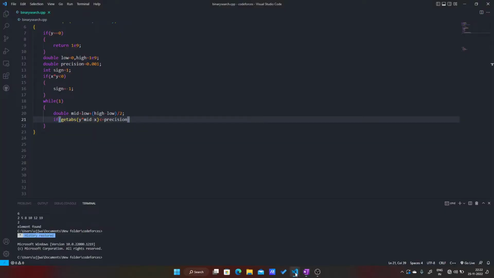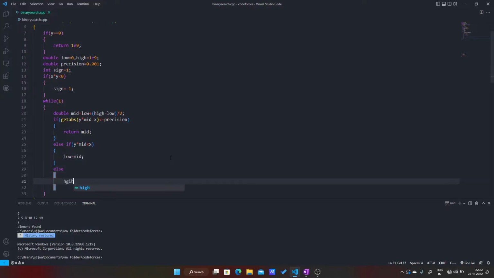Now if this is the case, I can just return that mid is my answer. So I'll return mid. Else if my y into mid is less than x, my low will be mid,